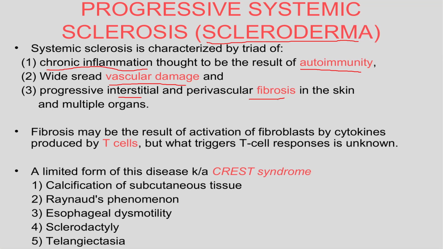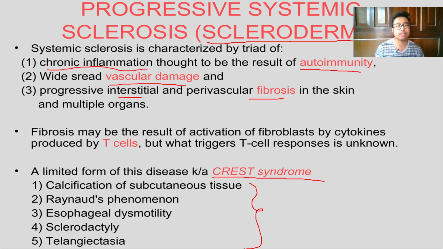So a thing that is closely related to scleroderma is CREST syndrome. This will definitely be asked in viva. So it's requested to all of you to please note down the features of scleroderma. Okay, and what are the components of CREST syndrome? CREST, it will again be taught in medicine, comprises calcification of subcutaneous tissue.